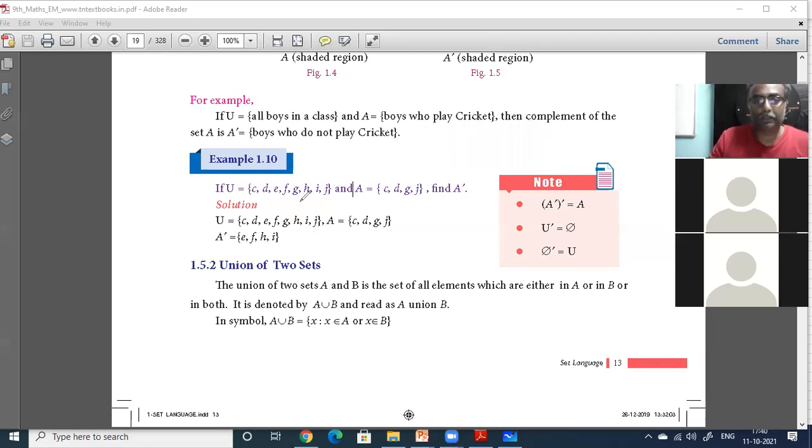Let us do another concept. Complement of A is A dash. A and A dash will be in relation to the universal set. Now look at one funny property. A dash of dash. What is A dash of dash? This is A. Now what happens? What is A dash? This is A dash. Now, what is the complement of this? What is the complement of this means? Again, you go back to this one only.